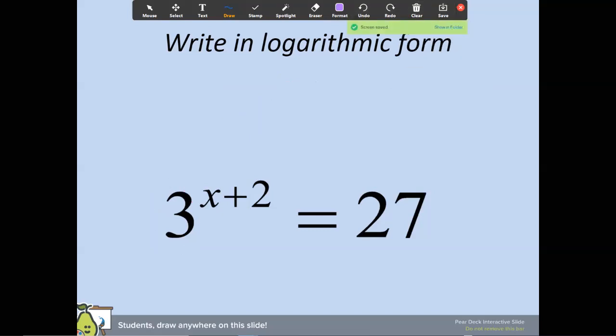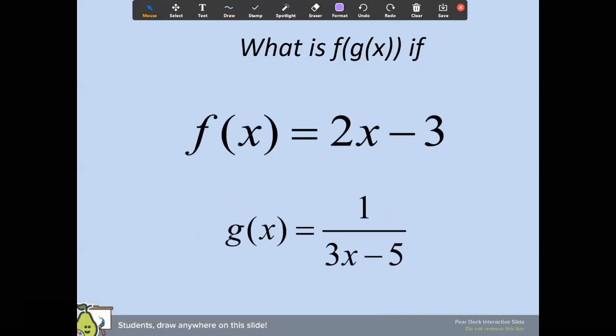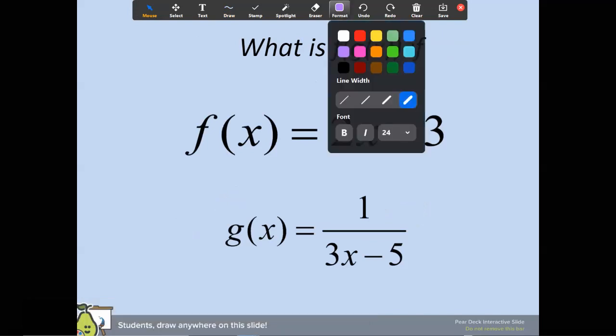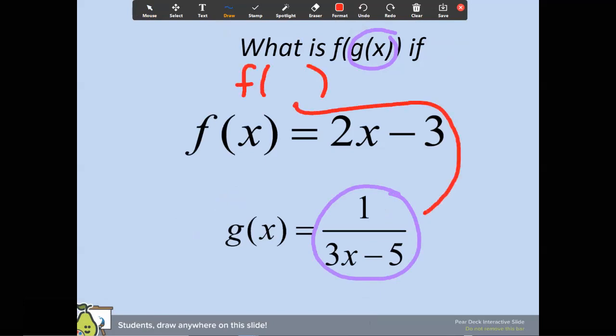Okay, next problem. Okay, so we want f of g of x, composition of function. So you always want to start with what is in the inside, g of x. This is g of x. So I am going to be trying to find f of this. That's what I'm going to put in here. Okay, so I'm going to be finding f of 1 over 3x minus 5. So I am going to be putting that into the x